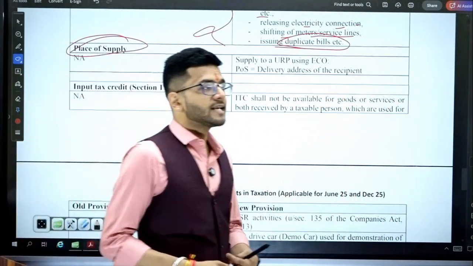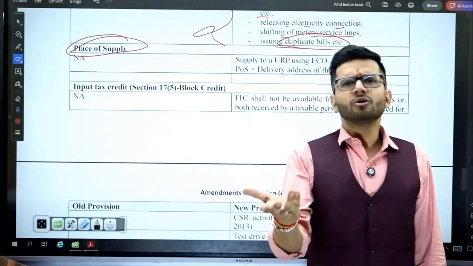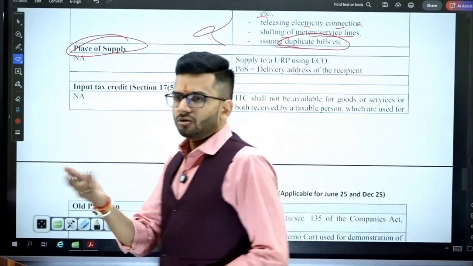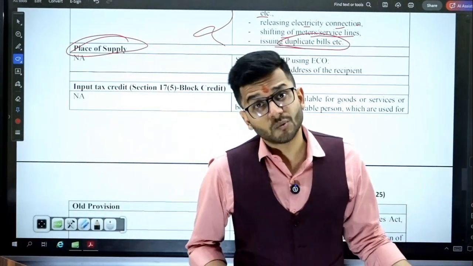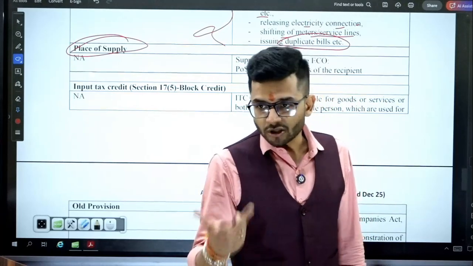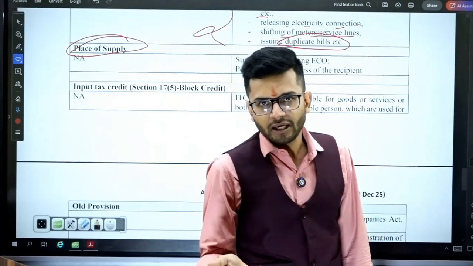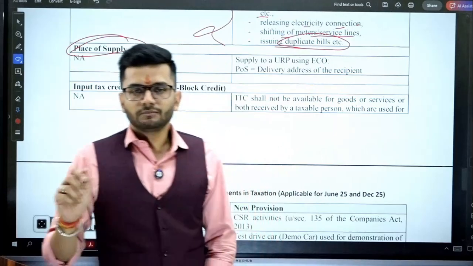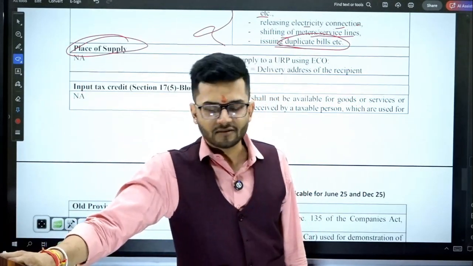Now, under this retail section, things have changed after the e-commerce players have entered. Now, there are no retail stores. Customers place order online and goods are received at their home. So very, very easy and efficient way in which e-commerce operators work. Same principle applies to the online placing of orders also, that if the address of the recipient is available, okay, then that should be the place of supply. Or if it is not available, then place of the supply should be the relevant place of supply.